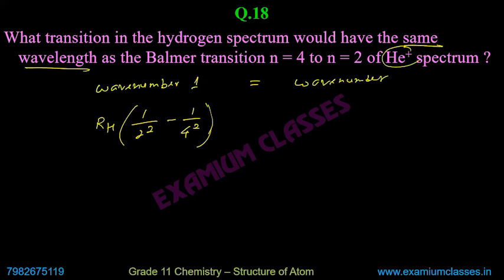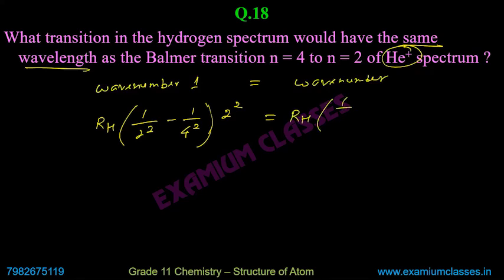Means here you have to use Z square. Sir, it would be 4, no? Come again. Like Z square by n square, so according to that, it would be 4, no? Yes. So here you will say it is 2 square equals to